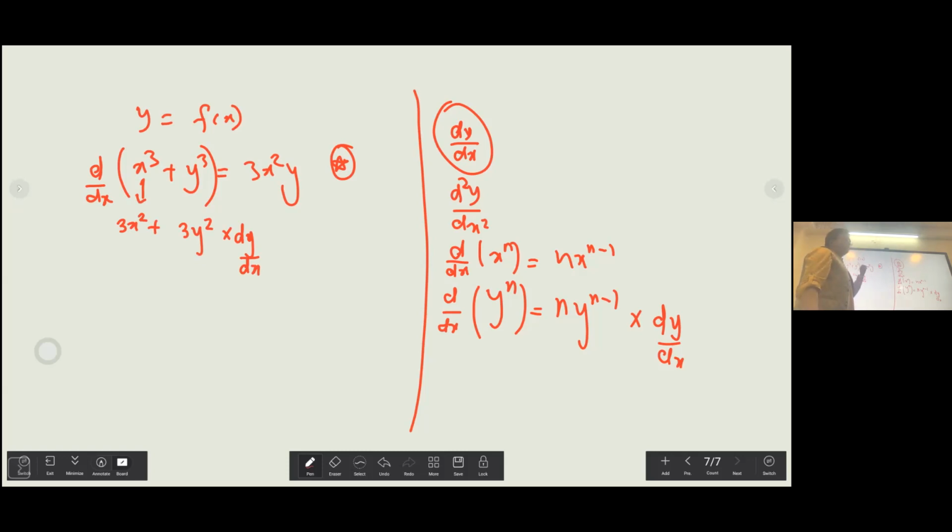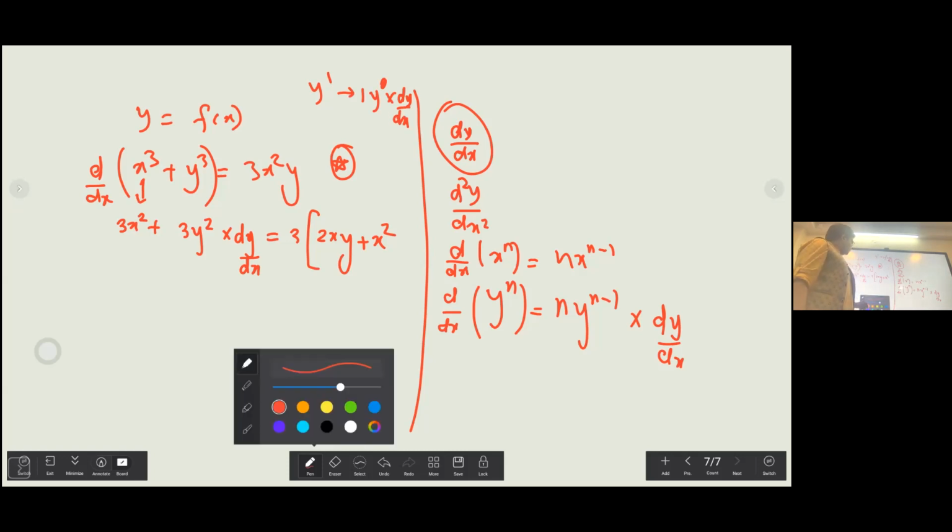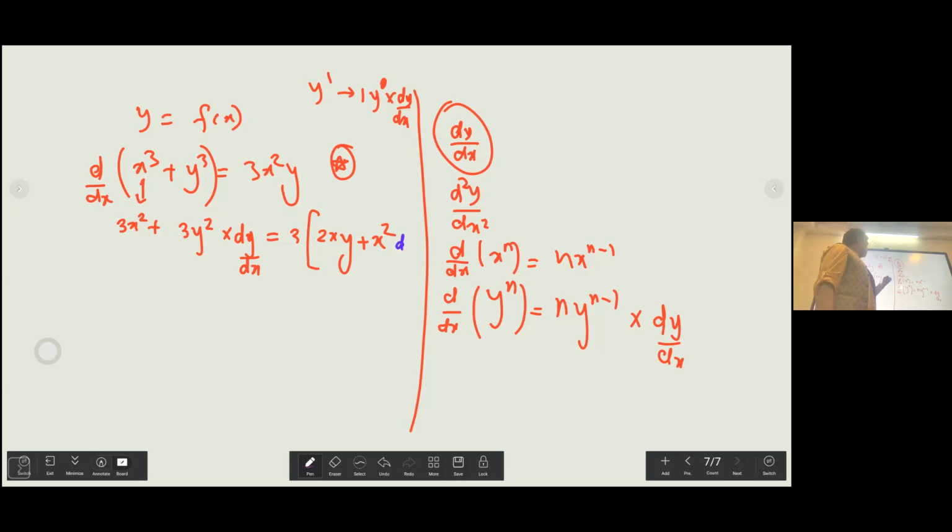And on this one you apply the product rule. When you do the derivative of 3x squared y, you apply the product rule, and you can take 3 common. The derivative of x squared is 2x times y as it is, plus x squared times the derivative of y. The derivative of y will be dy by dx, because y is to the power 1, so it will be 1 times dy by dx. So you see that there are two places where dy by dx appears.